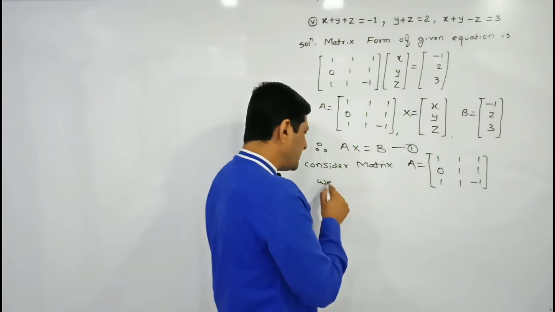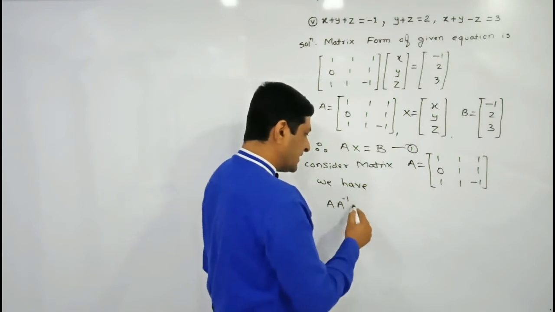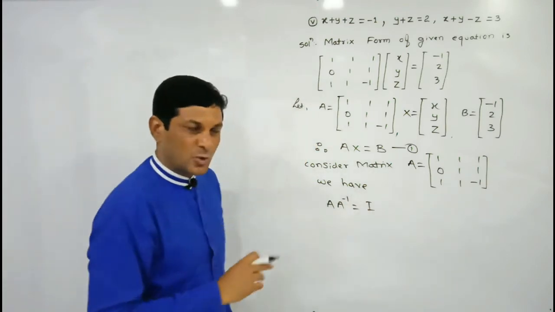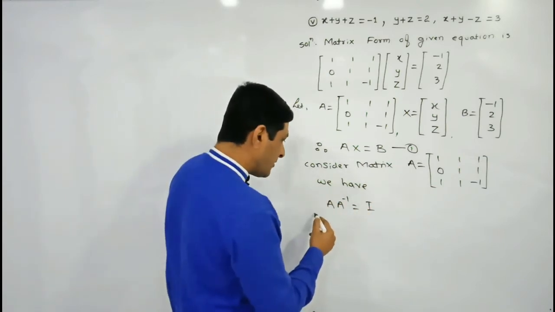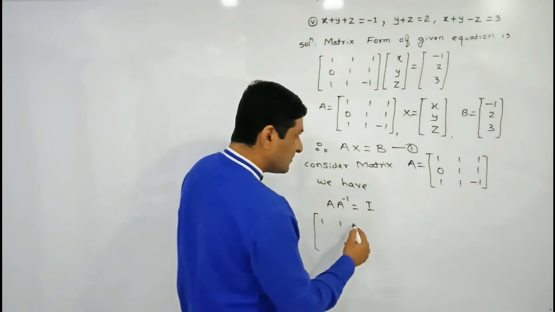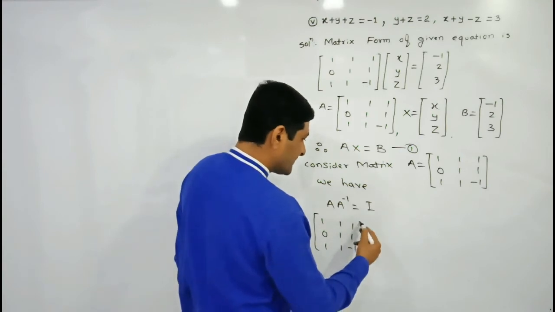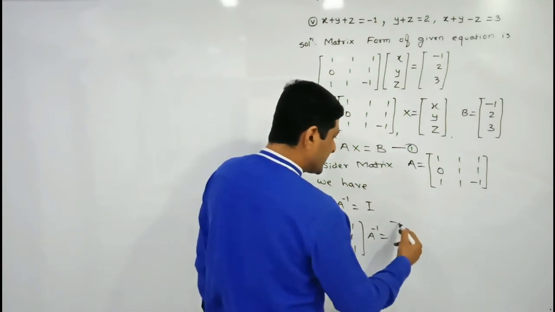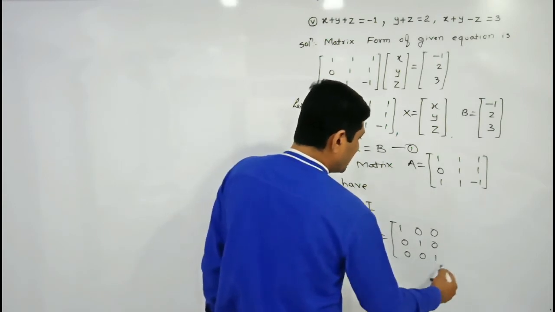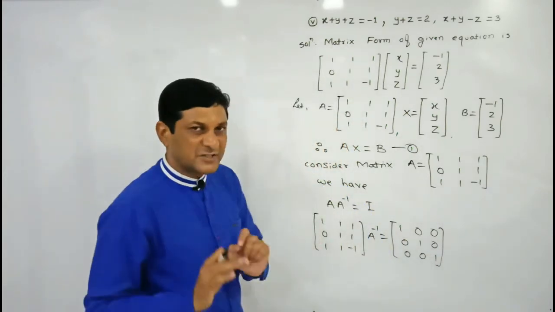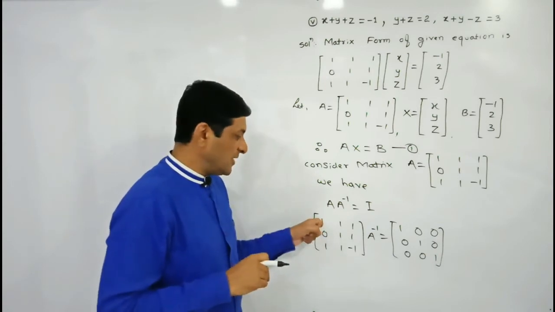So we have three choices: apply row transformation, or column, or the adjoint method. Here I am finding its inverse applying row transformation. So which condition are we using? A into A inverse is equal to I. What are the elements of matrix A? That is 1 1 1, 0 1 1, 1 1 minus 1, into A inverse. Keep it as it is. On this side, write down the elements of the identity matrix: 1 0 0, 0 1 0, 0 0 1. Now our aim is to convert this first matrix into identity, and in this case, what is our first step? Convert the elements of the first column into 1 0 0.